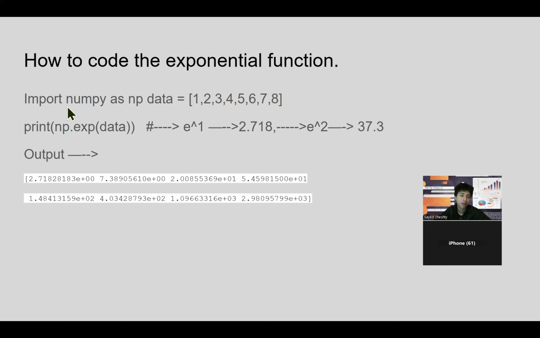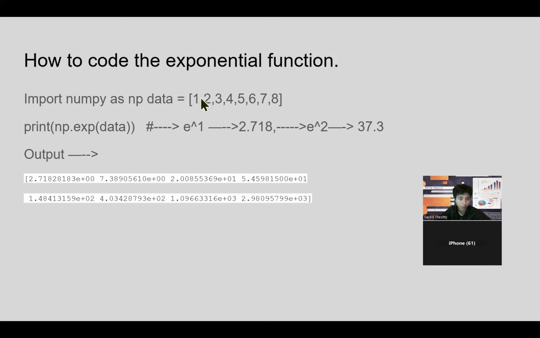How to code the exponential function? We do import numpy as np, data equals brackets 1, 2, 3, 4, 5, 6, 7, 8. Now we print np.exp(data). So it will be e to the power of 1. That would be 2.718, because e times 1 wouldn't give us a higher value, it would just give us the same value. Now if we do e to the power of 2, that would be 7.4 or something. So the output would be